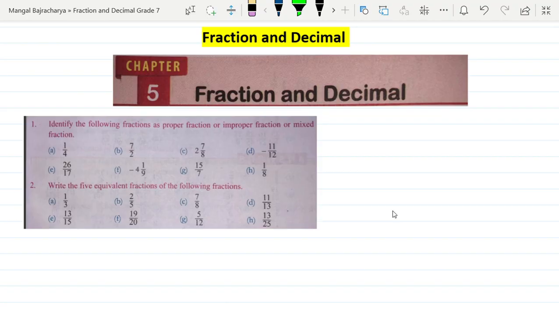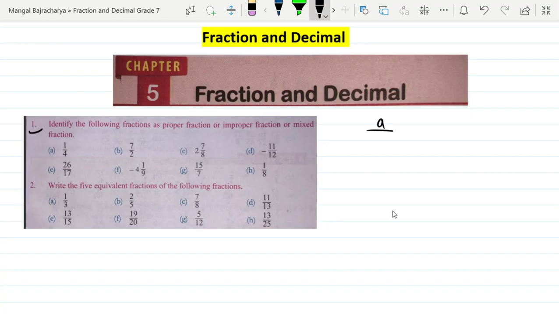Here I start. In the first number of this topic, we are asked to identify the proper, improper and mixed fraction from the given questions. Before answering these, we should know what we understand by proper fraction, what is improper fraction, and what is mixed fraction. So proper fraction is